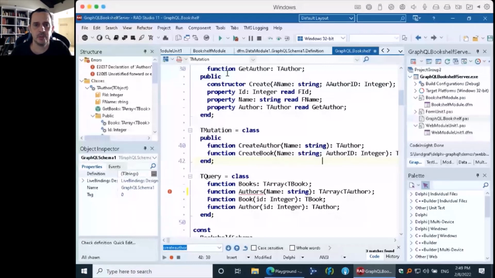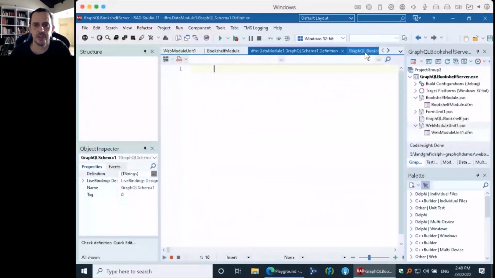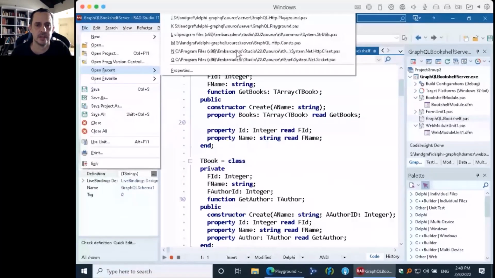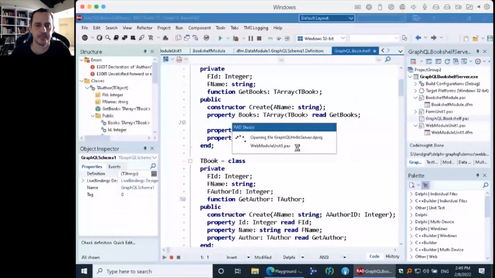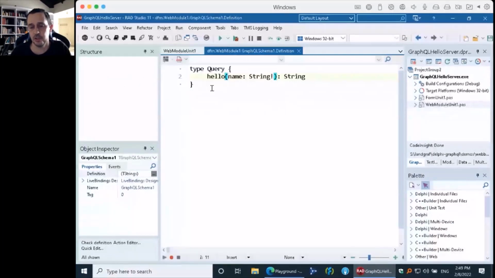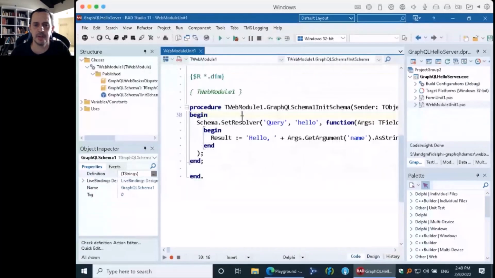Of course, you'll not be able to use this approach here, which is create classes that bind to your schema, because you need to recompile your application. But for the hello world server, you can, because the schema definition is just a string that you can parse and recreate at runtime, and the field resolvers can also be set dynamically.